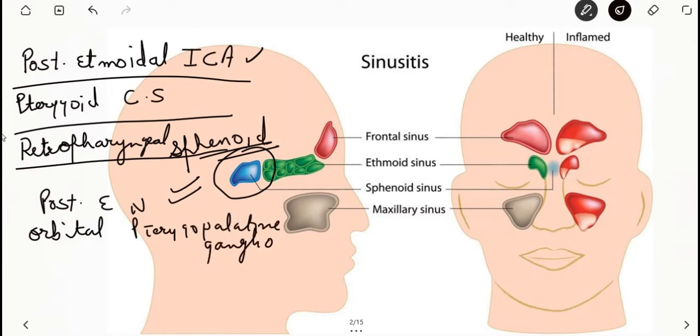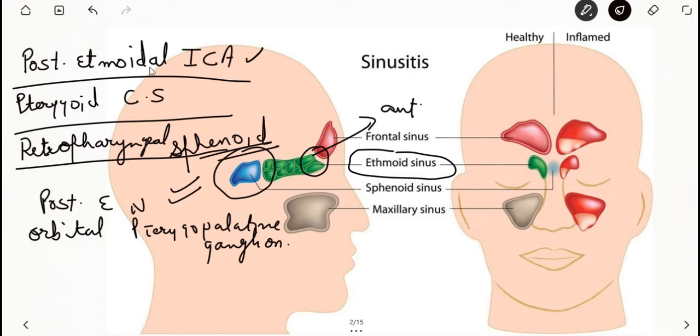The ethmoid sinuses are numerous small intercommunicating spaces that lie within the labyrinth of the ethmoid bone. The anterior ethmoid sinus opens into the anterior part of the hiatus semilunaris of the nose. It is supplied by anterior ethmoid nerves and drains into the submandibular nodes, whereas the middle ethmoid sinus opens